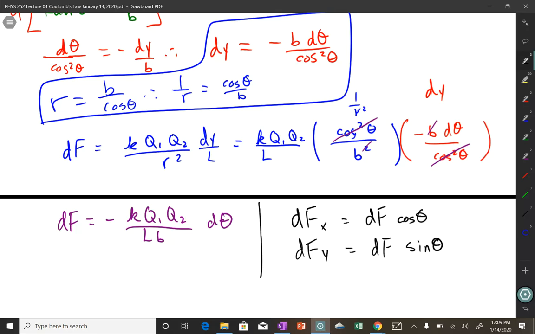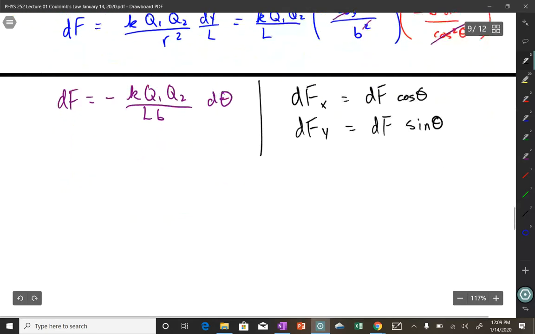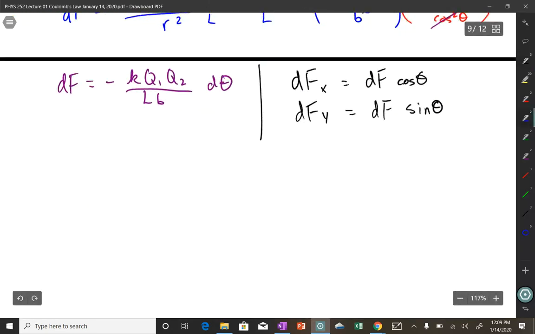Okay, all right, I got this. So you see that I just rewrote these because we had them before. It's not on the screen now. On your paper, you don't have to rewrite it. You already have it there. So now I'm going to actually find F of x equals the integral of dF of x, right? Equals the integral of cosine theta